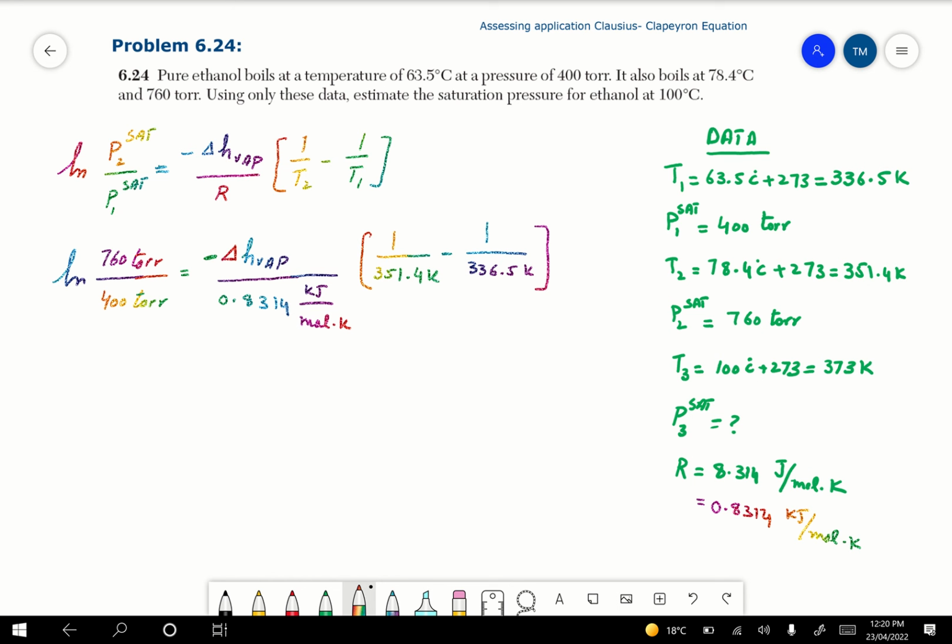So basically we are applying the Clausius-Clapeyron equation the first time,